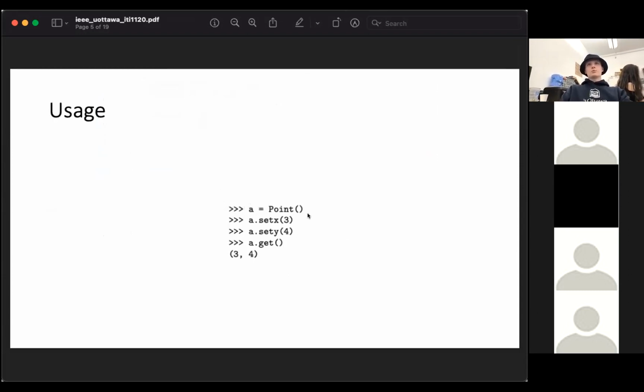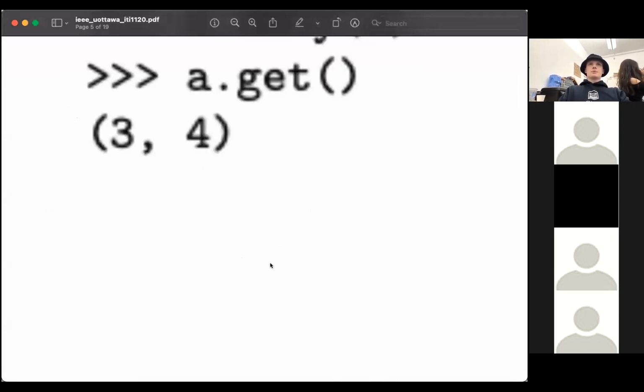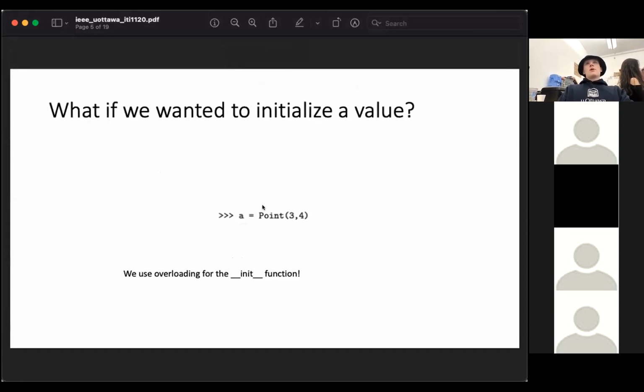You do a equals Point. So you define the object instance. You have the Point right here, and to define the instance, always make sure that you have two regular brackets, two circle brackets, and that creates the object. If you don't have this, you're going to say a equals the class Point, which is not what you want to do. Then you do a.setX, a.setY, and then when you get those, it returns what you just set it as. Pretty simple.